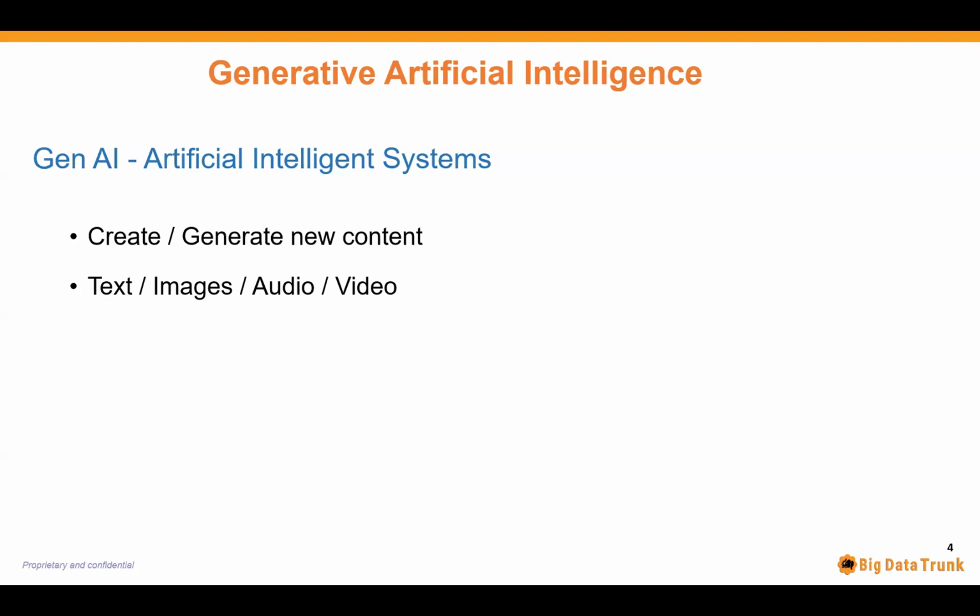Initially, it was mostly about text generation, and with their latest release, over the past 3 to 4 months, ever since ChatGPT 4.0 has come out, we are now looking at a multimodal approach. You can ask ChatGPT to do image recognition for you. You can speak to it, so it's also capable of speech recognition. So it's one single tool now that is able to work in multiple formats at the same point of time.